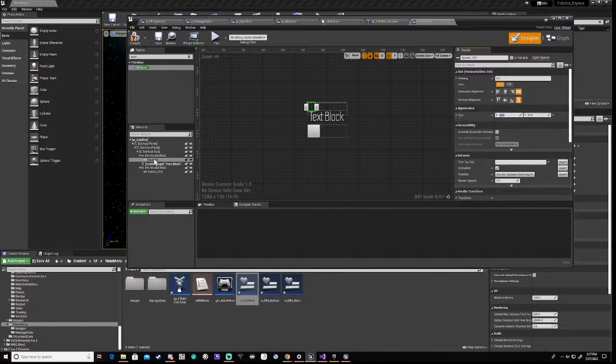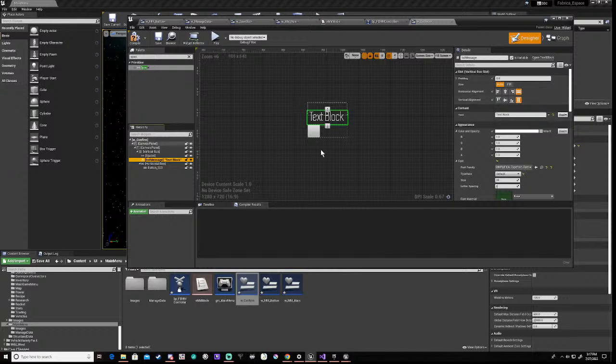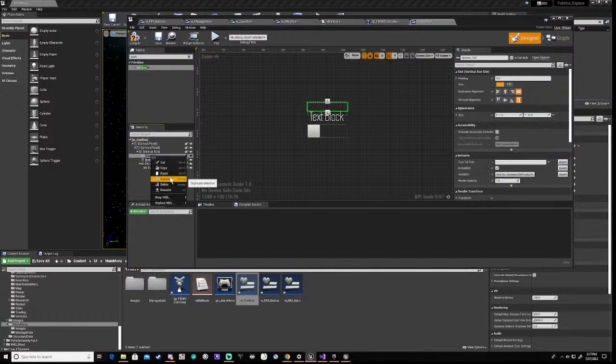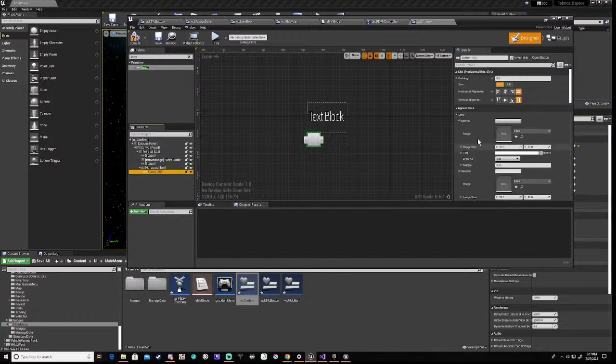Actually, that's not going to make any difference, so we'll delete that. Oh, we'll not delete that. What we'll do is we'll delete the horizontal box. So we've got our spacer, which knocks that down 20, which is fine. Then we'll duplicate it, and we shall put it here, which is fine. Then we've got our button,